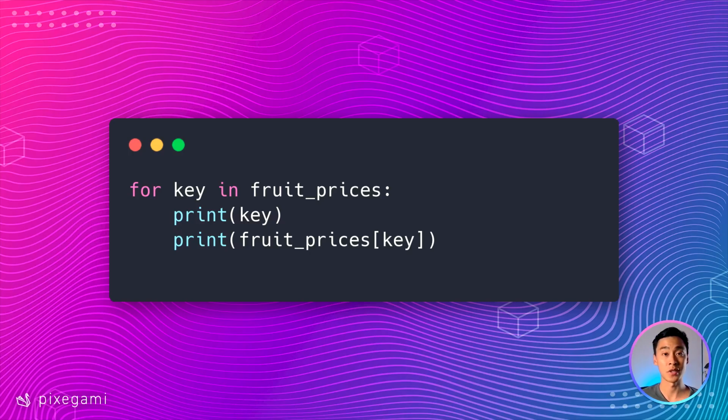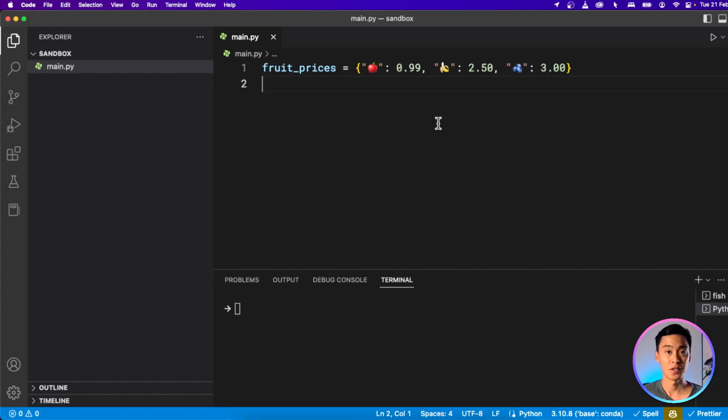And you can do this by using a for loop, just like you did with the list. But keep in mind that since dictionaries don't have an explicit order, this loop might not run in the same order that the items were inserted in. That's because dictionaries are an unordered data structure, which means there's no concept of a first item or a last item in the collection. So let's go to our editor and see that in action.